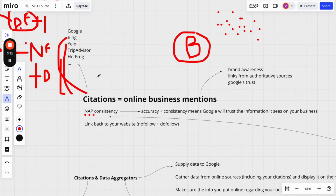So if you're listing your business on Yelp, the phone number you add there, the address you add there, and all the stuff needs to be consistent with what you add on HotFrog. Otherwise you're just going to be confusing Google and your brand's going to be all over the place. And even though there's links from authoritative sources coming in, Google will not really trust you because it's all over the place. Is your phone number this? Is it that? Is your URL this? Is it that? What the hell is this? It's only going to do more harm than good. So make sure that's